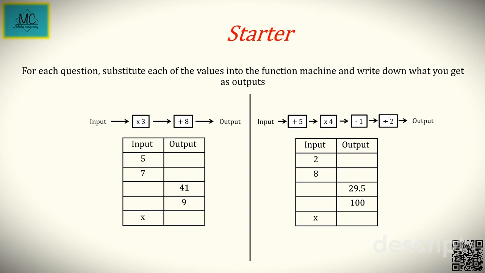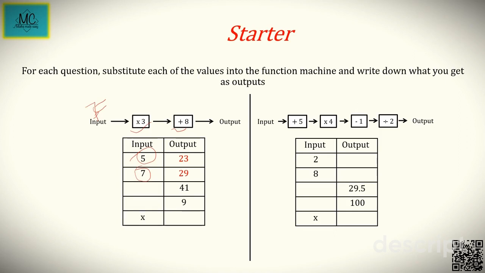First we need to understand what a function machine is. It's a tool we use to represent a function in a visual way. We put the input values into the machine and out comes the output value. Let's take a look at this example. If I put 5 as an input, times it by 3 and plus 8, the output will be 23. Similarly, if I put 7 as my input, times it by 3 plus 8, then my answer will be